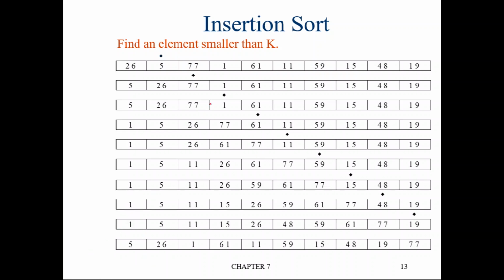Here also, if you see this 17, 17 is compared with 26 and 77. 77 is compared with 26, which is less than, so no issue. So it will not continue further. Then we come here to 1. 1 is first compared with 77. When 1 is compared with 77, this t will be 1, right? t will be set as 1. Then 77 will come here.